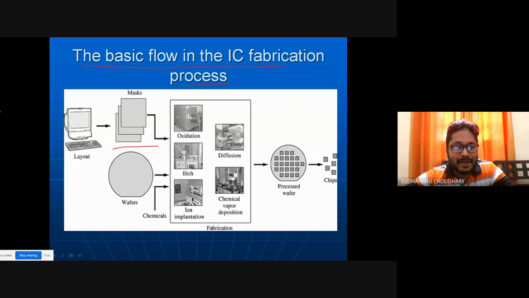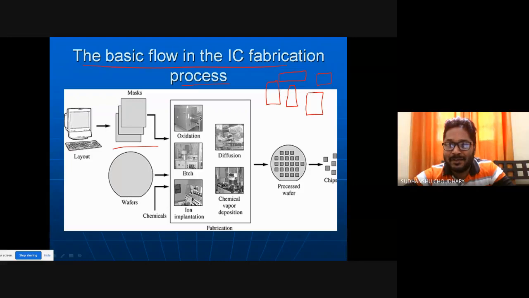Yeah, so mask is created by industry, we don't create. The fabrication unit will create mask for you from the layout. So mask is basically whatever patterns. Actually, layout is nothing but patterns, patterns of rectangular shape. Okay, this may be the layout of my IC, and these patterns may contain either transistors or the interconnect lines or maybe diodes or resistors. Anything could be there in these patterns.